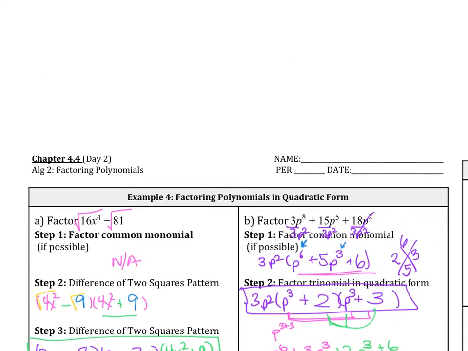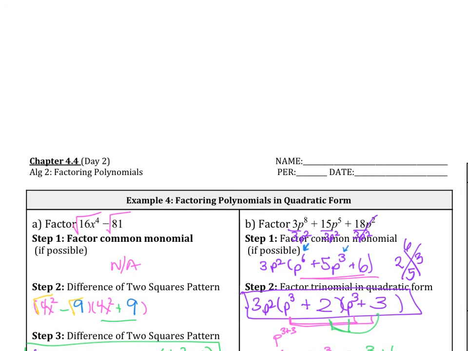Now let me do a couple more examples on that. So p to the 6 and p to the third. It works for other patterns too. So this first exponent needs to be double. So if I had, for example, x to the 10th, then this center term needs to have an x to the 5th power. We could have x to the 12th power. Then this has to be x to the